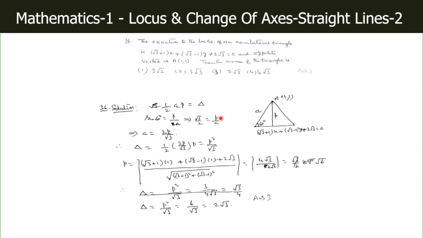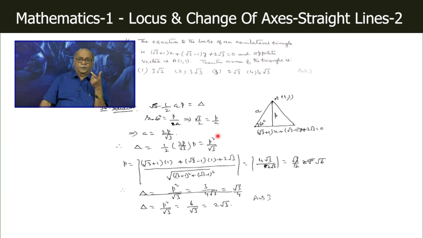This implies root 3 by 2 is equal to p by a. So that means a is equal to 2p by root 3. So delta is equal to half of root 3 by 2 into p, which is p square by root 3. So that means the area of an equilateral triangle in terms of an altitude,